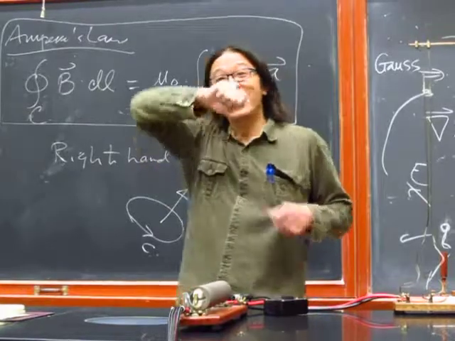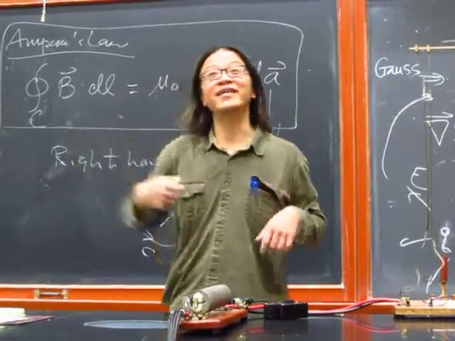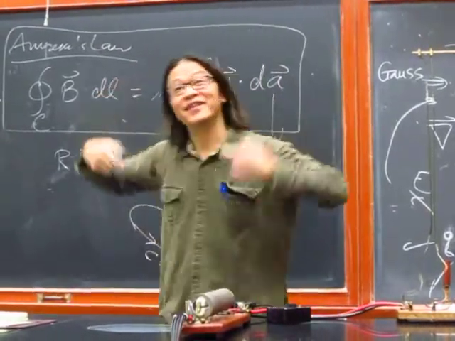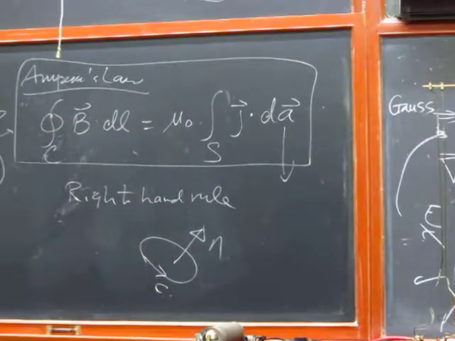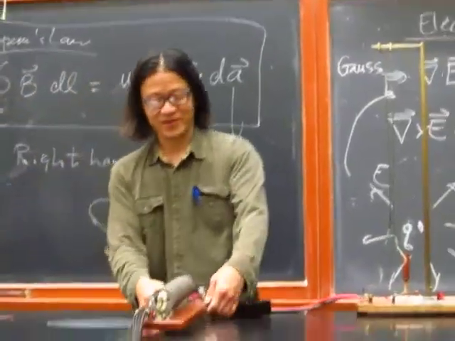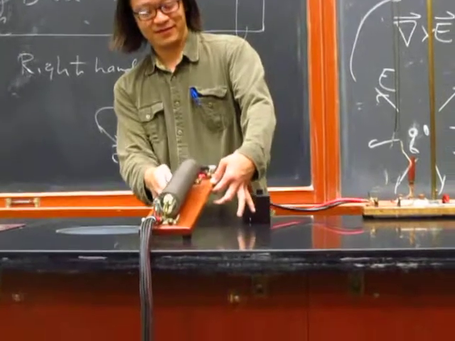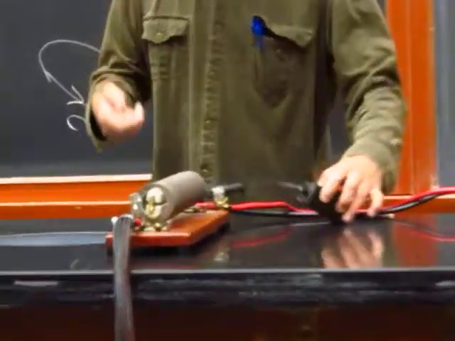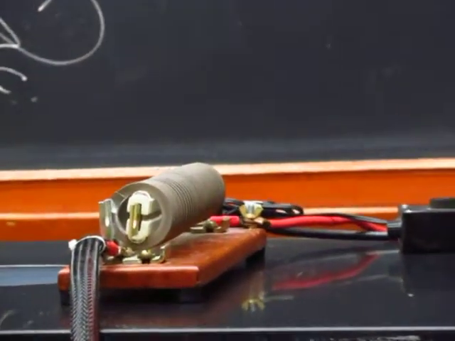You have a wire that you wind around in a circle. A better representation of it looks like this. Kind of looks like a solenoid. So what you have is,